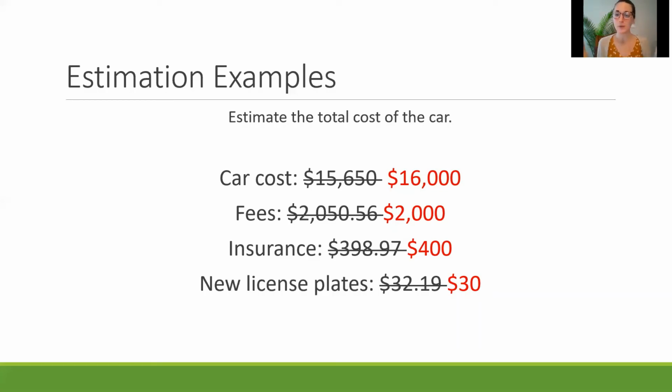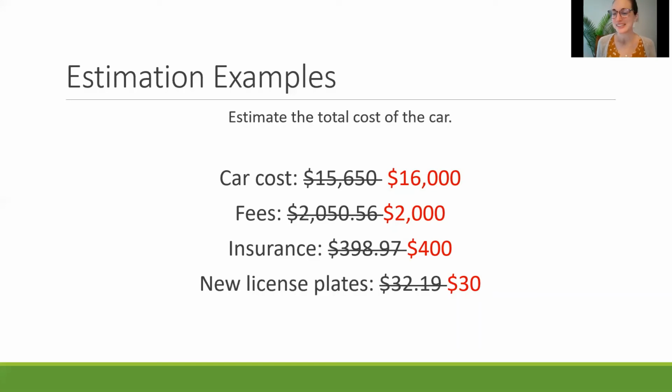I know that's a good bit higher than 15,650, but it'll be a little easier to work with. And since we're working with large values of money here up in the 10,000s, then it makes more sense to me to go ahead and round up to 16,000, and get a nice even number. And it works out because some of these others will end up rounding down a little bit, like our next one,